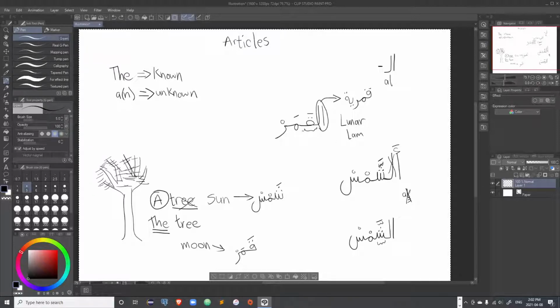However, and this is why I chose moon, because when they devised this rule, they named it after the word. Here, yes, if you have guessed solar lam, then you are correct. So this lam right here is called shamsiyya. And again, it is similar to the root because it is derived from it. To turn it into an adjective, you do not really need to know the spelling at this time. However, once we advance in future videos, and also once we undertake listening and reading and writing exercises, you should be able to spell any word you hear